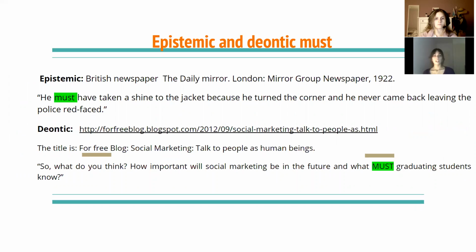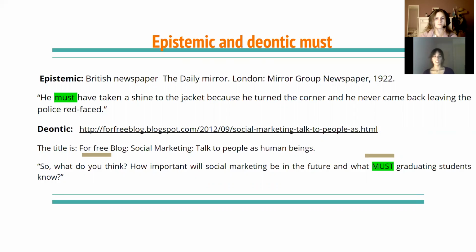Lastly, I was asked to search for an instance of epistemic and deontic must. Firstly, I searched for the epistemic modal verbs that are based on knowledge. And when we use must in the epistemic modal verbs, we want to express certainty or a logical necessity. But for logical necessity, we only use must in British English. In American English, we use have to. I found an extract from a British newspaper called the Daily Mirror from 1922 that says, he must have taken a shine to the jacket, because he threw on the corner and he never came back, leaving the police red